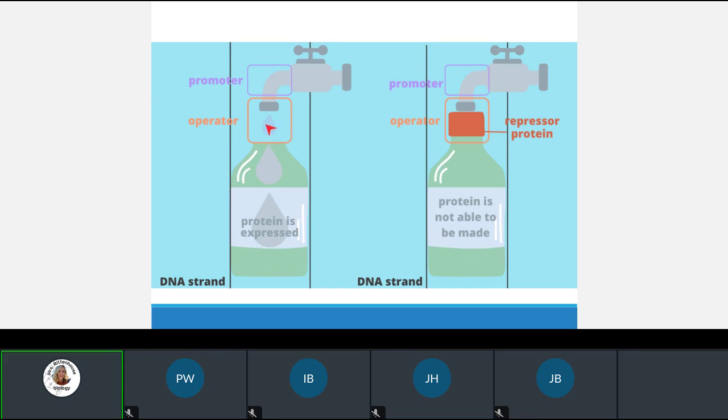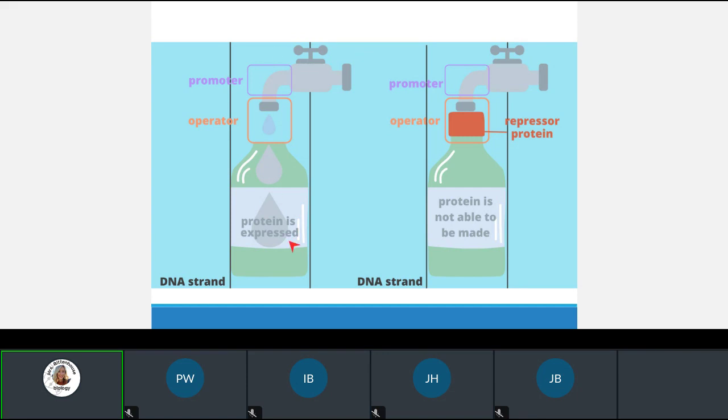All right, anyway, this is where it actually happens, and then our protein is expressed. Now, when we have the repressor protein, it acts like a cap on the spigot. We say, water, we want you to come this way, this is where you would normally come out. But because there's a repressor protein that binds to that operator, it's like a stopper. Does that make sense? Sometimes I don't like all of the biology drawings, so I have to make my own. Did that help anybody else?